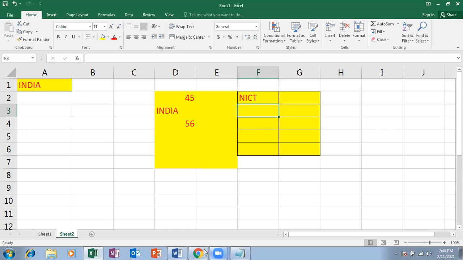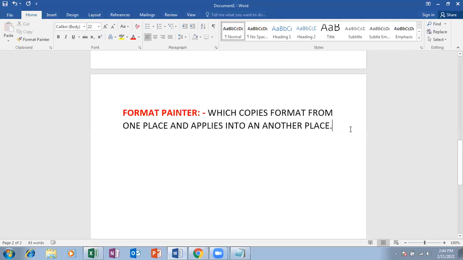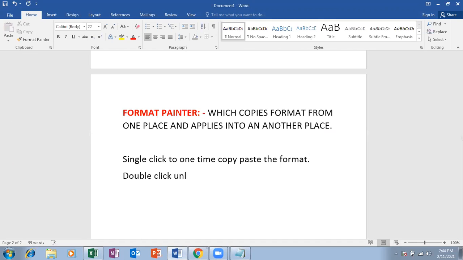So single click is to one-time copy paste the format, and double click is the unlimited paste format option.